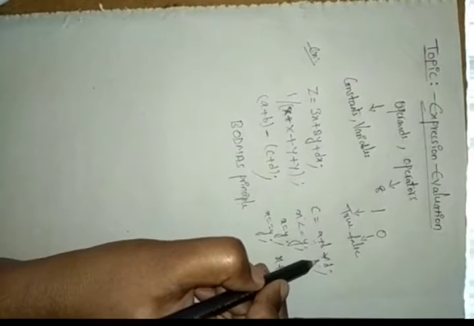So the BODMAS principle takes precedence for the operators. First you take the multiplication, after that you perform the plus. This is the BODMAS principle. I will show you how to perform it. You can take any example, there is no problem.